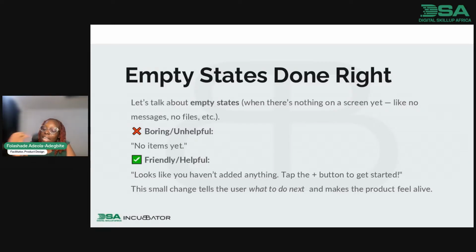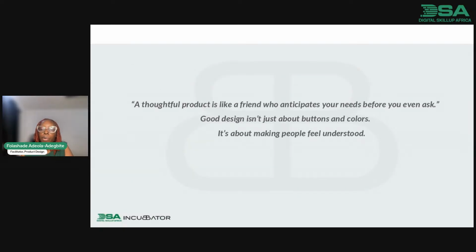So in our design thinking, when we're designing a product, we have to be thoughtful. A thoughtful product is like a friend who anticipates your needs before you even ask. Good design isn't just about buttons and color. It's about making people feel understood.